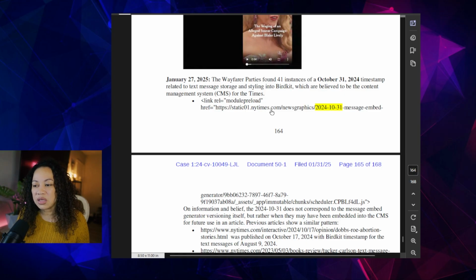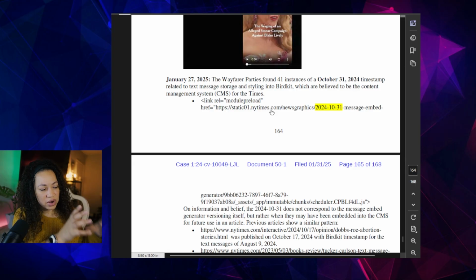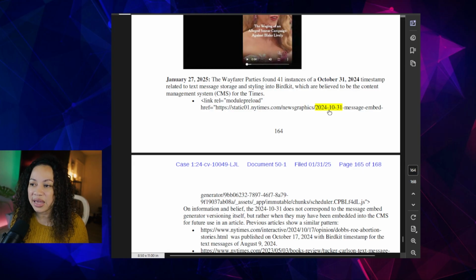They believe it was something they may have built around October so that when they could upload text messages, they had a nice, very user-friendly plugin to do so. And they're saying that the date for that was October 31st.